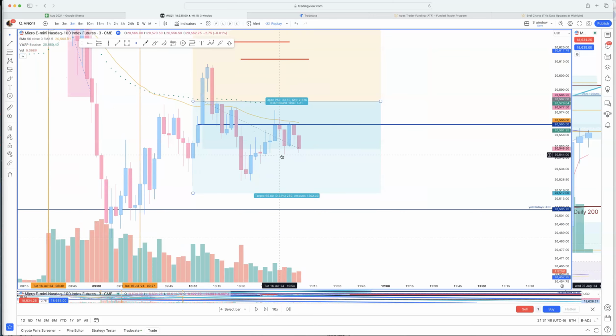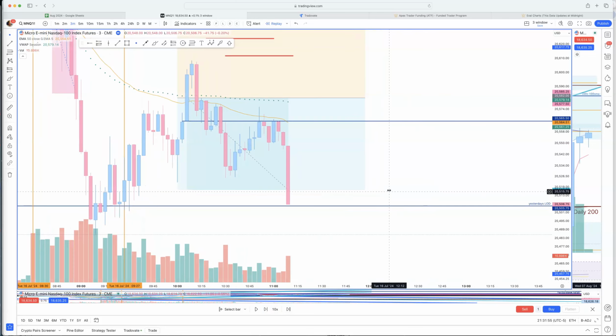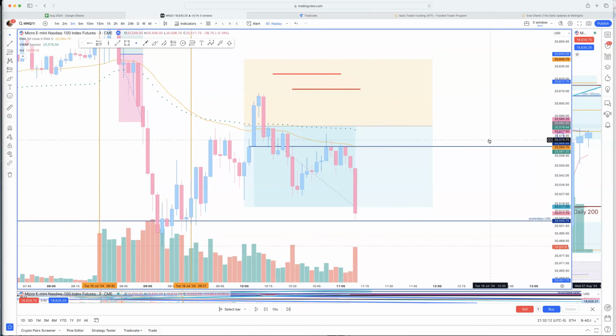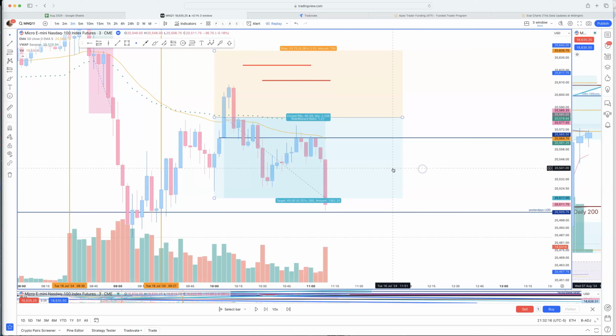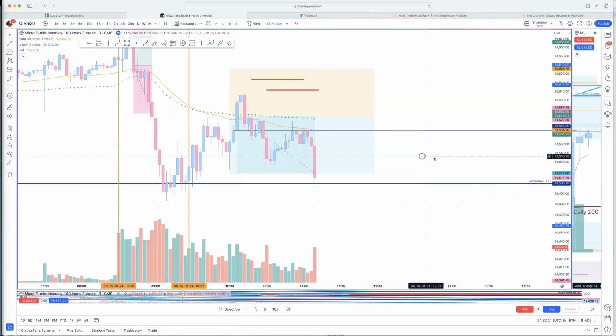If we can really just close below this now, I think I'll hold. I'll move my stop again. There it is. Okay. Oh my God. Why was that stressful? That was so stressful. Oh my God. So I did say I would leave a runner. So at this point, I want to see how much I could get